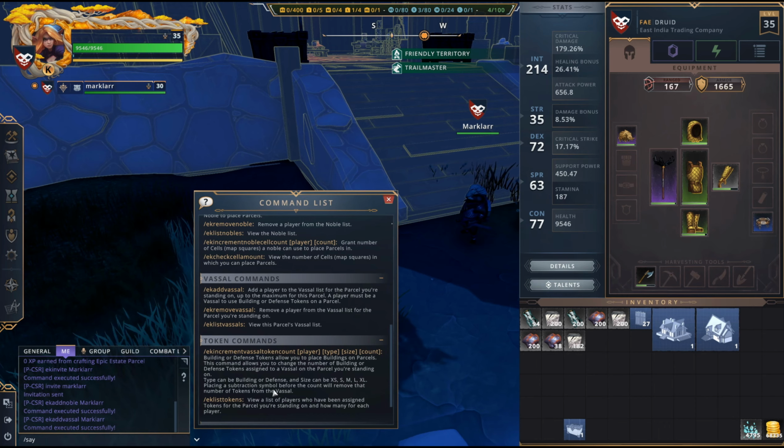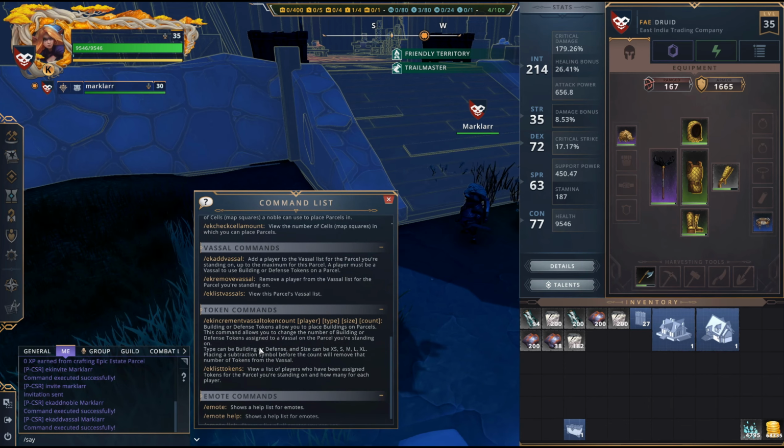And you should get another pop-up that said you're now a vassal of this. I do indeed. I'm now a vassal of the El Village. You also have the remove vassal, as always, and you can list all your vassals to the current parcel that you're standing on, which is helpful if you have a really big one and you give out a lot of